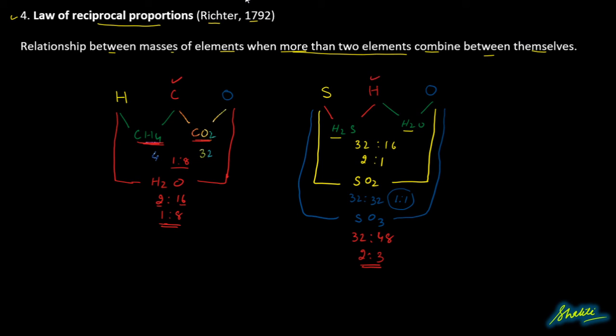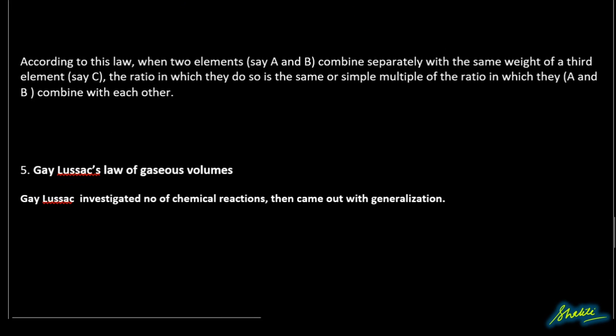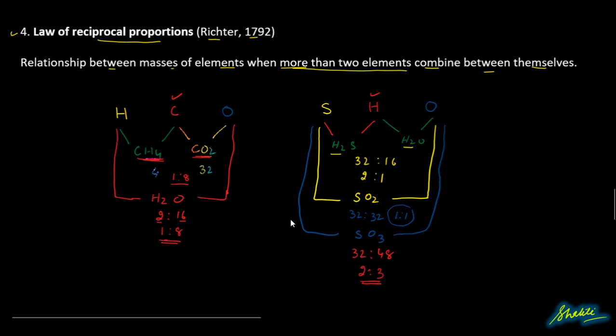तो अब देखते हैं कि स्टेटमेंट क्या कहता है। पहले आप स्टेटमेंट को पढ़ो और उसको समझो। According to this law, when two elements, say A and B, combine separately with the same weight of the third element C, A और B जो है वो कंबाइन हो रहे हैं सेपरेटली C के साथ। The ratio in which they do so is the same or a simple multiple of the ratio in which they combine with each other।